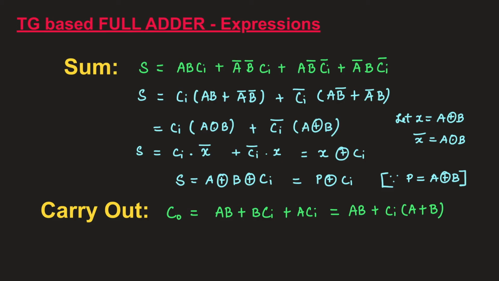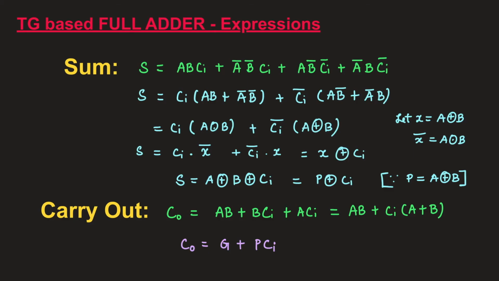Now we will move on to the carry out expression and find out how to incorporate carry generate and carry propagate functions. So this is the general expression for carry output, which we have obtained from the truth table or from the K-map reduction. So we can take Ci common and rewrite it as AB plus Ci into (A plus B). So this is very straightforward. We can easily incorporate the carry generate and carry propagate functions, where A dot B is a carry generate function and A plus B is a carry propagate function. So therefore I can rewrite my output carry as G plus P into Ci.